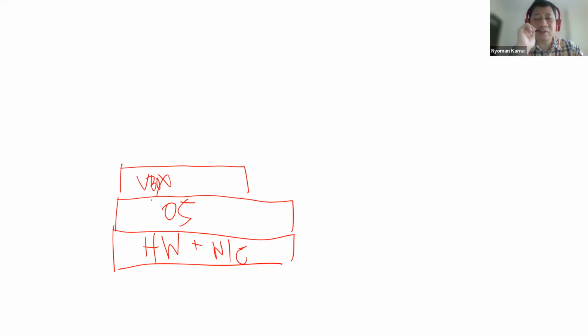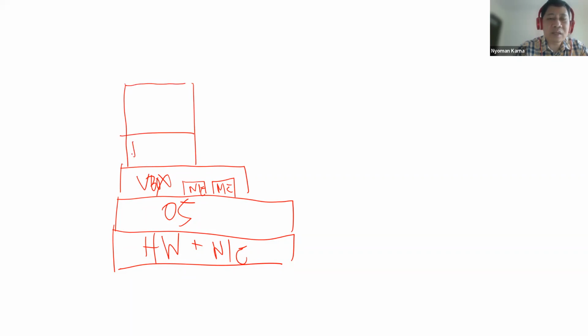Once you install VirtualBox, it will create a virtual network interface card. So as if this VirtualBox has its own network interface card. And then on top of this VirtualBox, you can install your preferred operating system. For example, FreeBSD. Let's say I'm going to create a machine here.